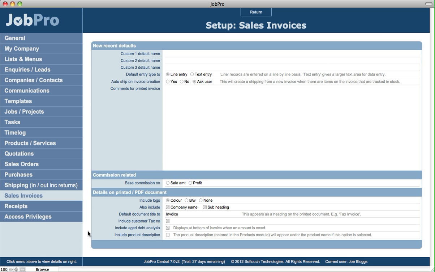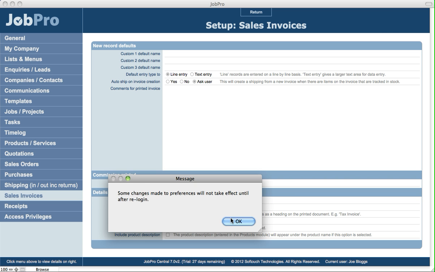So we also have the ability to include the product description on an invoice, as opposed to just the product name and the product code. So the product description is usually more like a paragraph of text of a description in relation to the product that you enter into the products module. Or it could also be a service that's entered into the products module, because both products and services are entered into that module. So if we now return back into the sales invoice module,